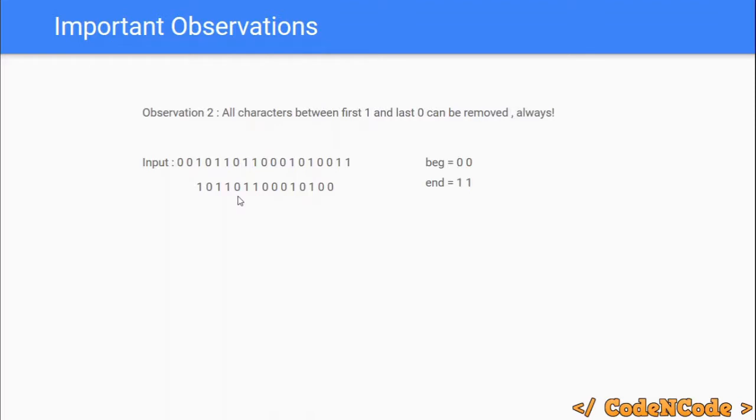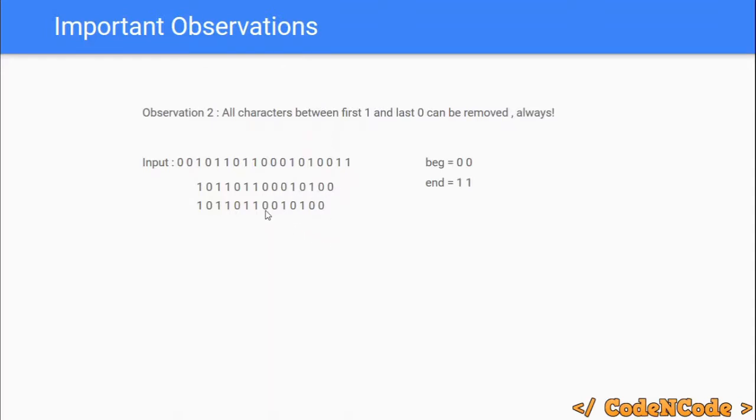Let's just remove 0. So I am able to remove this 0, then the first 0 from left to right scanning would be this, so I will be able to remove this as well. Similarly for this and this, but we won't remove the last 0. Let me show you an example. I have removed this character because just before it is 1, so the new string would look like